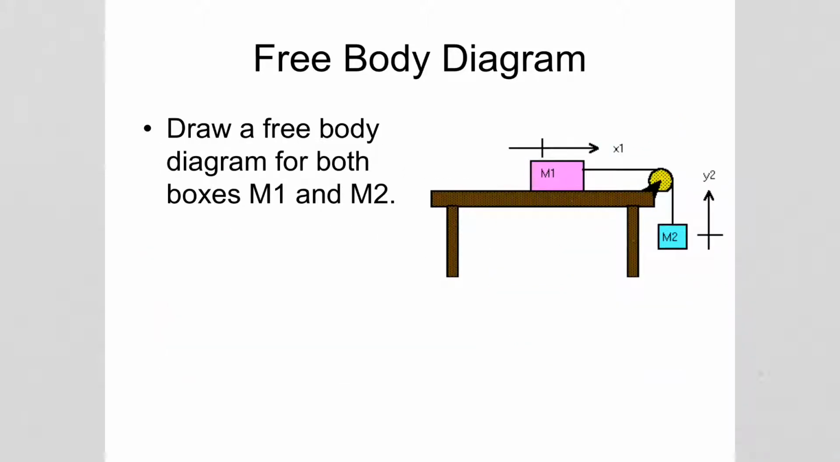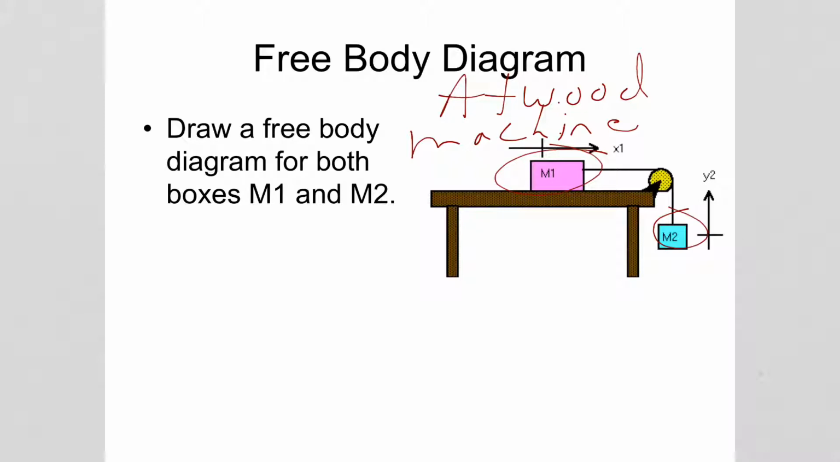Here's another situation. Here we have what's called an Atwood machine. Common setup in a physics problem. And we want to draw a free body diagram for both boxes. So we have a box M1 up here, connected via a rope and a pulley to box M2, which we're assuming is falling. So for M1,